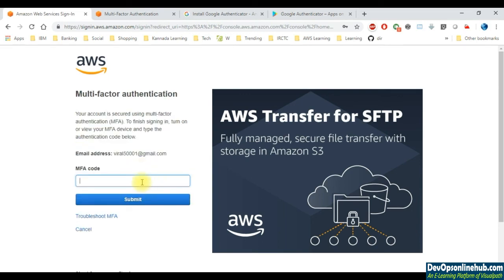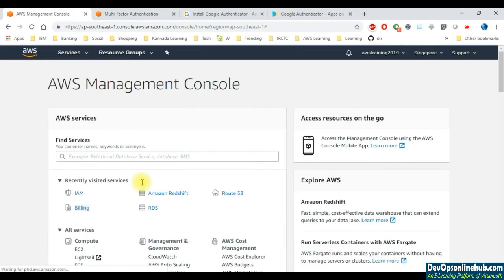And there you can see it's asking me for the 6-digit authenticator code. So I'll quickly enter one and click on submit. So we are now able to log in to the AWS account. This is how you enable multi-factor authentication on your root account. Similarly, whenever you add users to the IAM service, those users will also be able to set up MFA so that their accounts are also secured on this AWS root account itself.